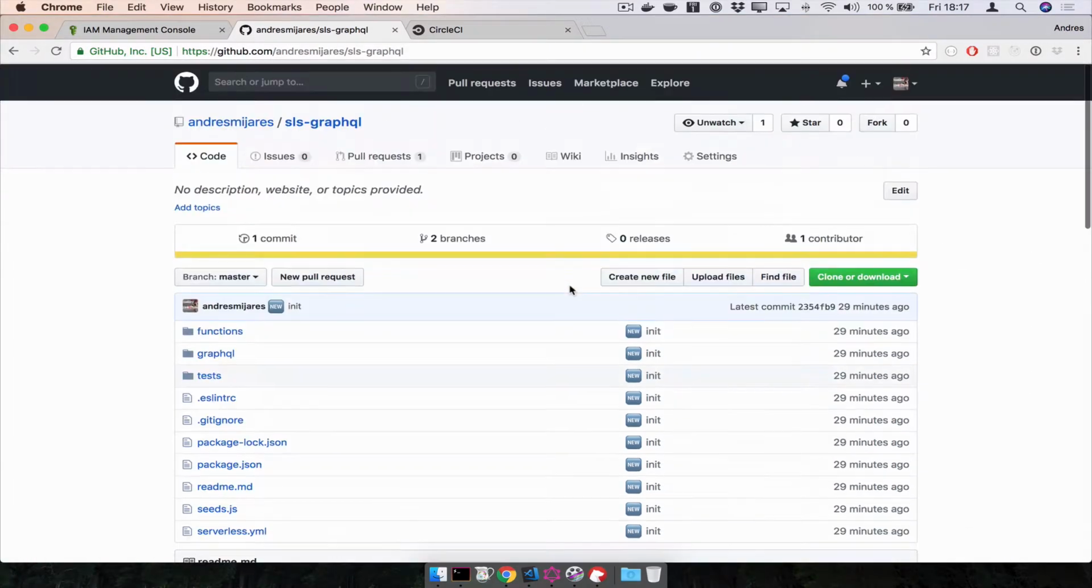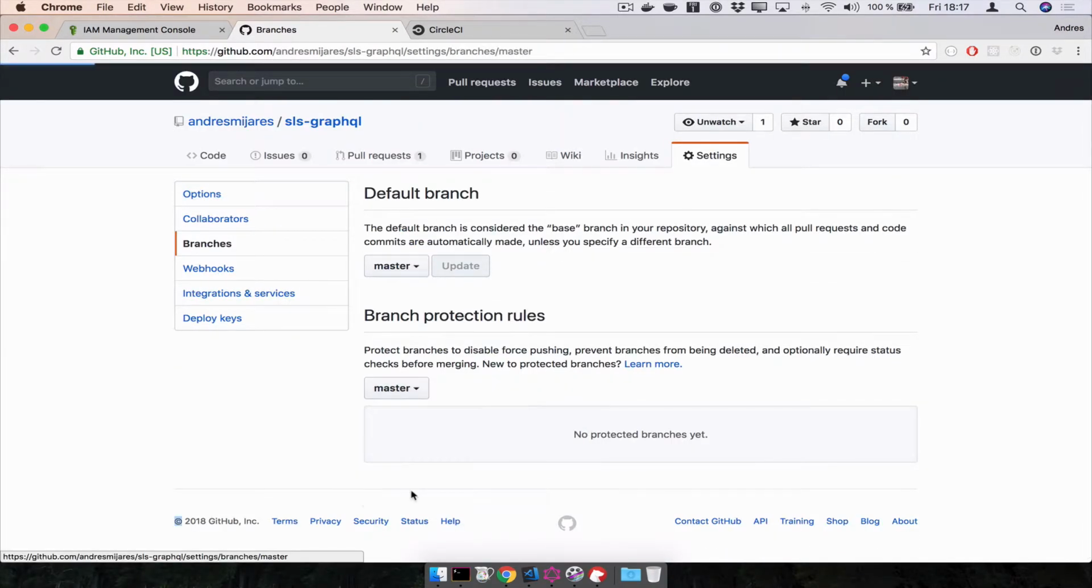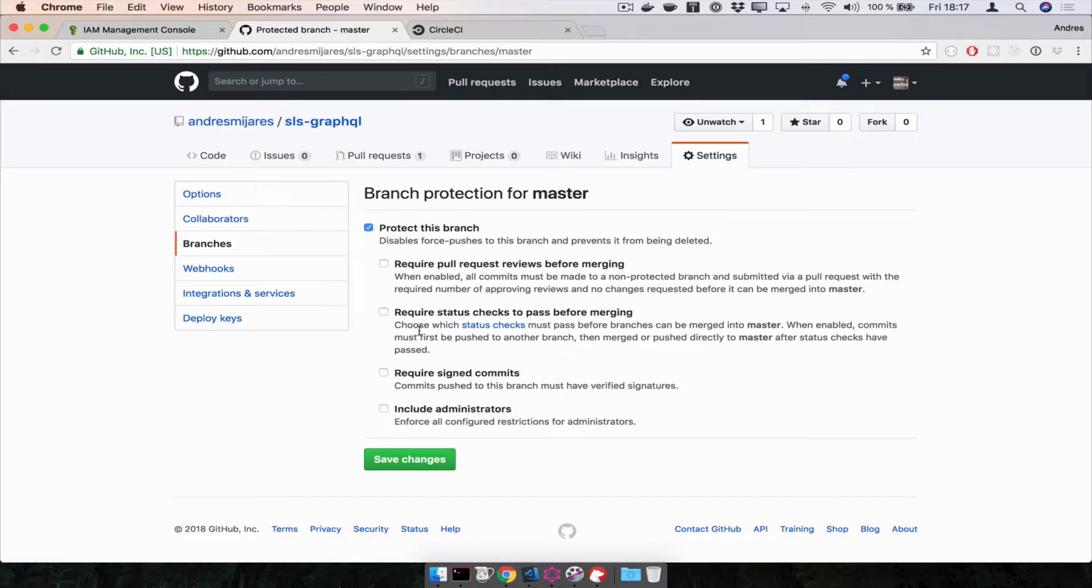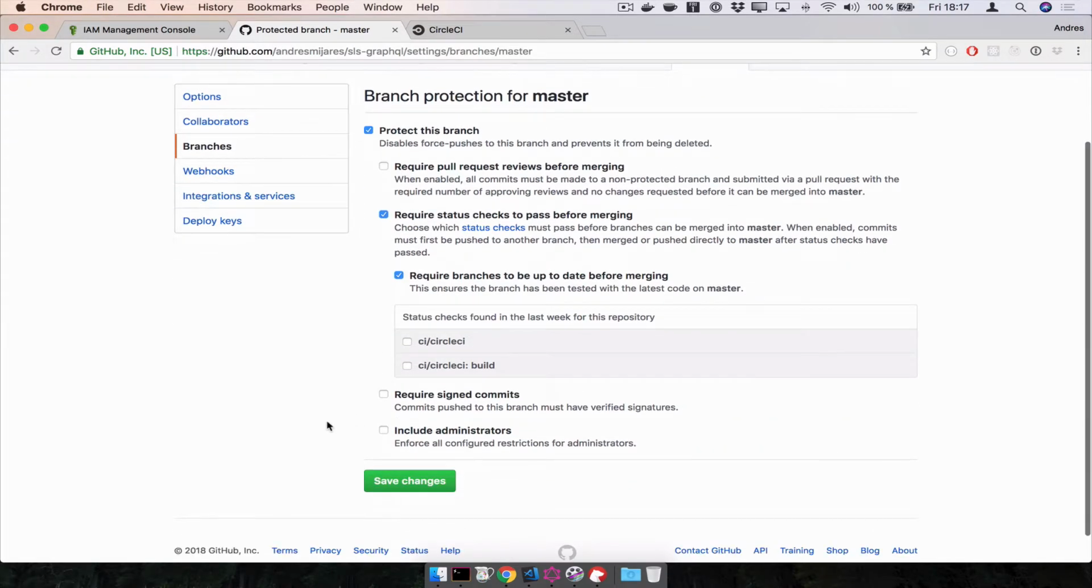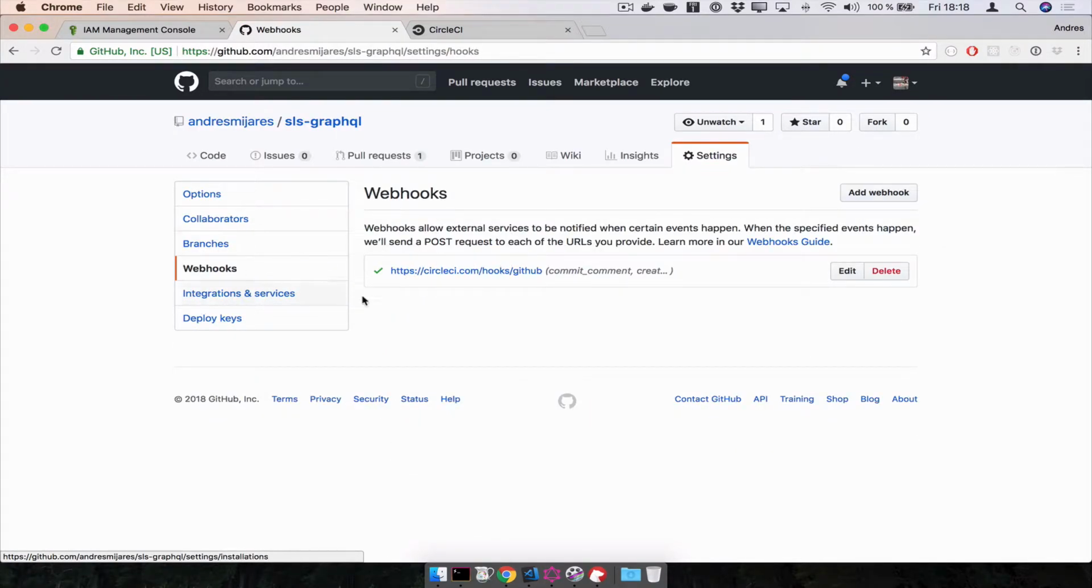Okay, if you come here and go to settings, you can go to branches and protect your master branch. We're going to say that it requires all the status checks before merge. And as you can see here, we can put, okay, I just want you to check for the build, and then we save it. What this is going to do is run a webhook that is directly associated with